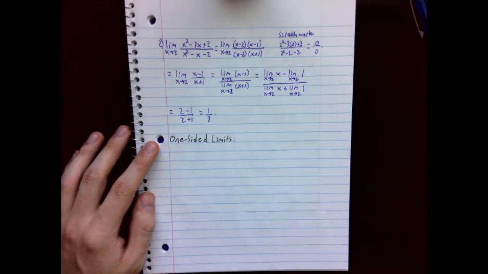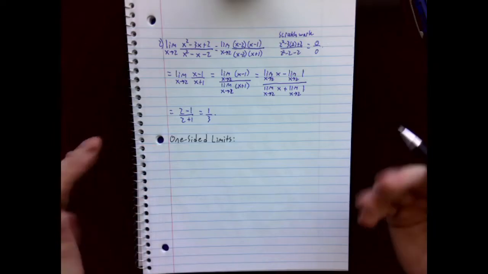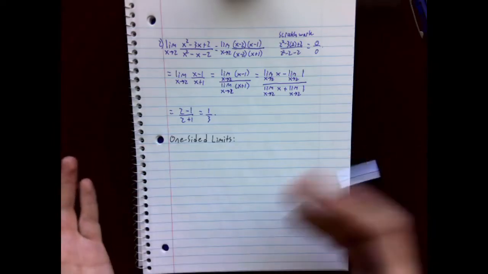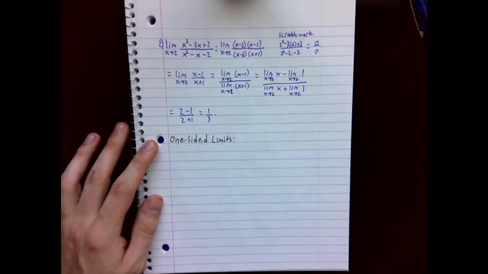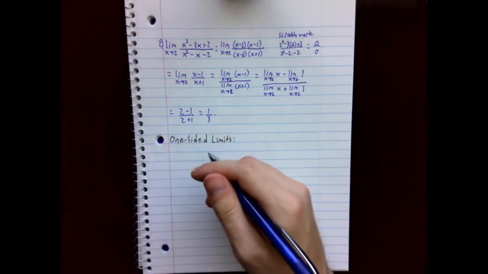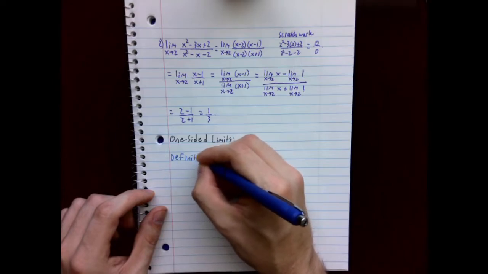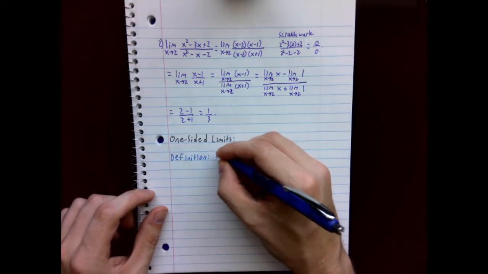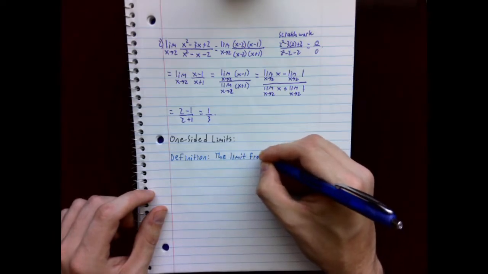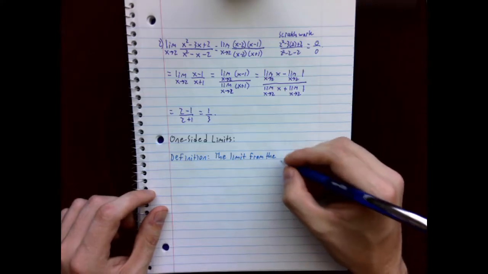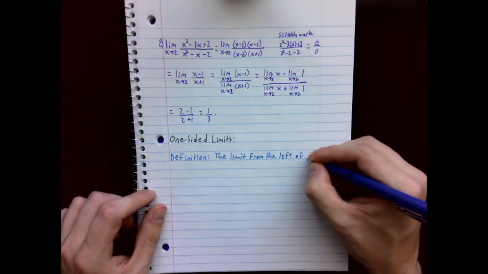So one-sided limits, well, we sort of already hinted at what these things might represent with one-sided continuity. And one-sided limits are just, I look at the limit, but I'm only coming in from one side. So let's see, maybe we'll put this as a definition. So the limit from the left of f of x,